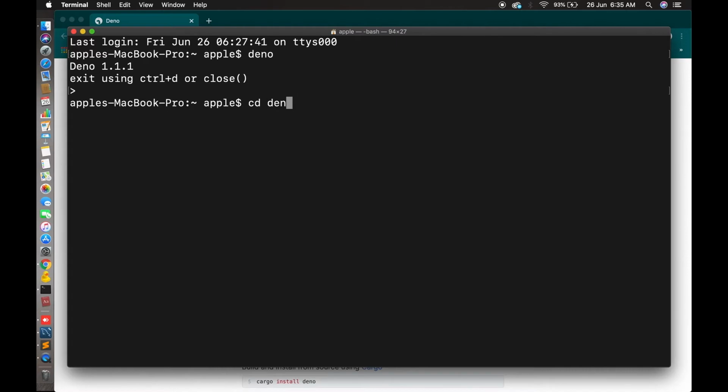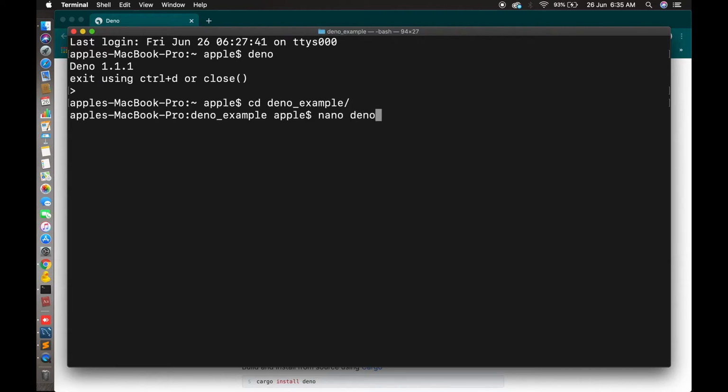I have already created one folder here for the Deno example. So let's create another file with nano. You can give any file name, like first example or welcome message.